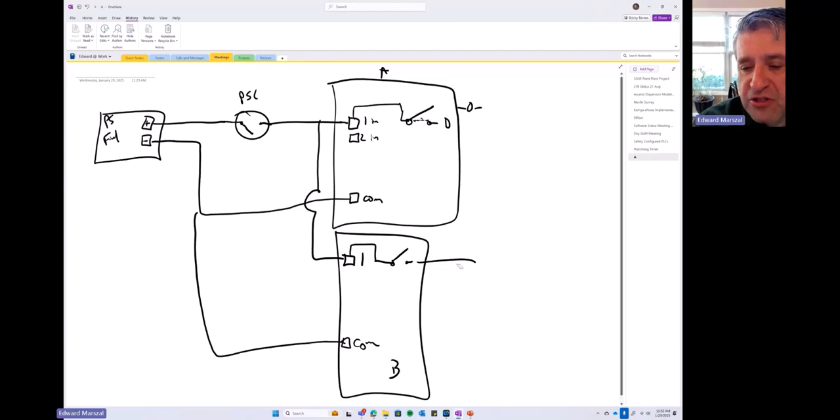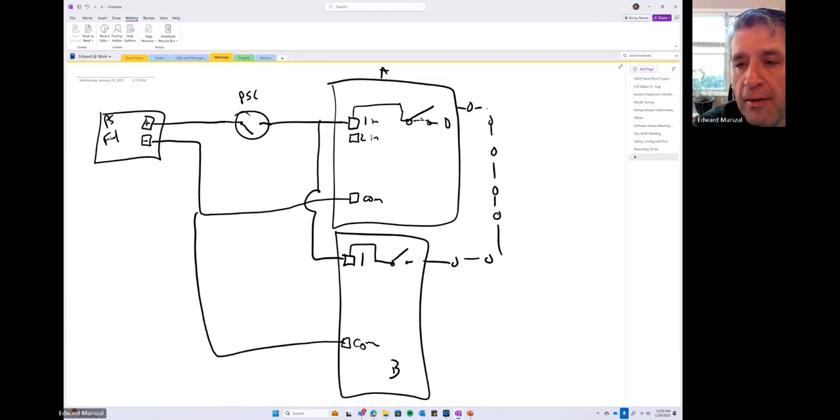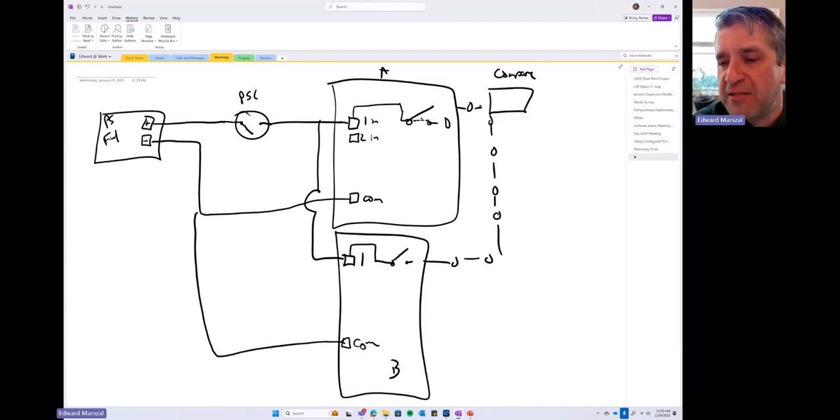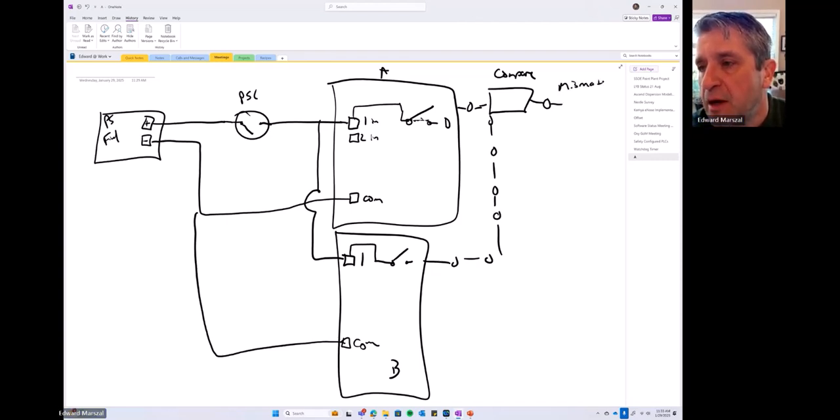I'm going to have a software signal now that is going to go into a compare. And basically, I'm going to compare these two signals. If the signals don't match, I'll just say mismatch. If I get a mismatch now,